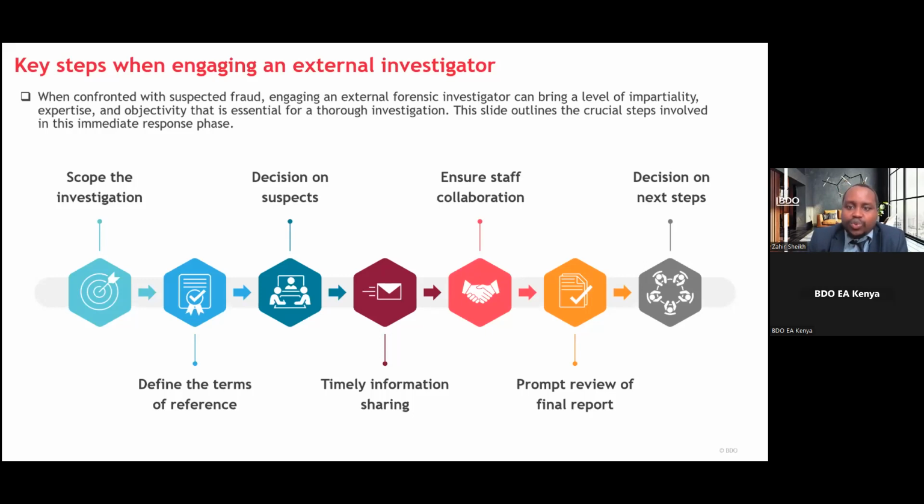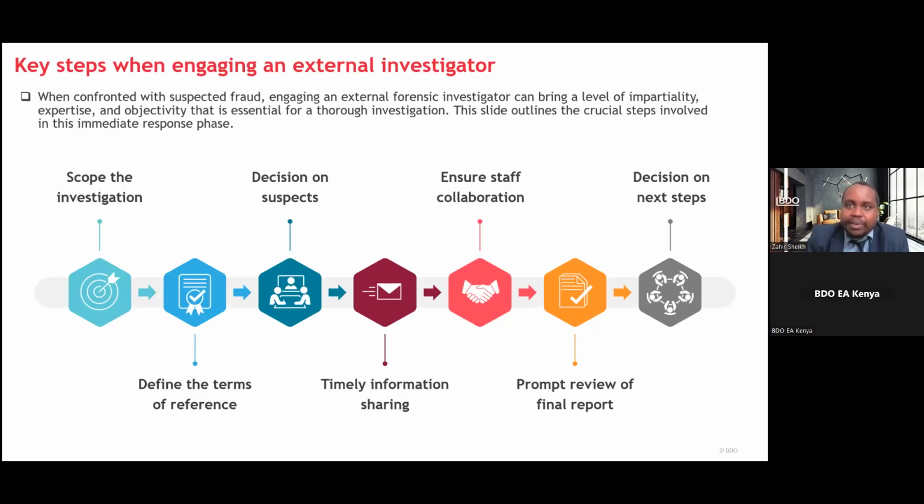Then you also need to ensure staff collaboration. So you need to collaborate very closely with the forensic investigators to ensure that your staff will collaborate in sharing information, in providing consultations and interrogations that are necessary to understand the business context. Usually with such investigations, staff are afraid, they prefer staying out of the investigator's way, or not wanting to be known because they don't want to be caught out, whether in case they circumvented some controls or even were part of the fraud. But from the